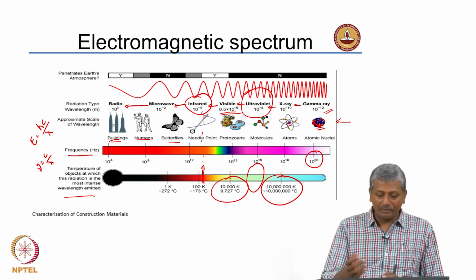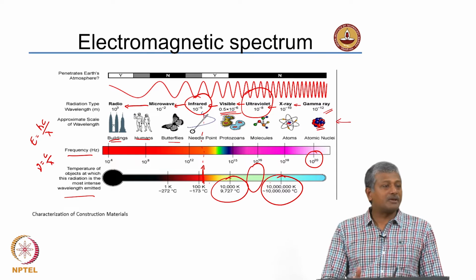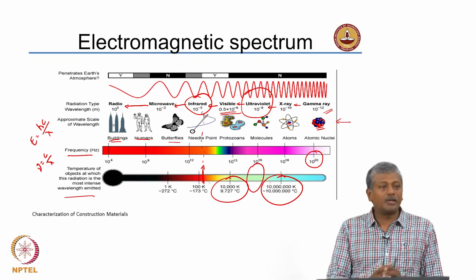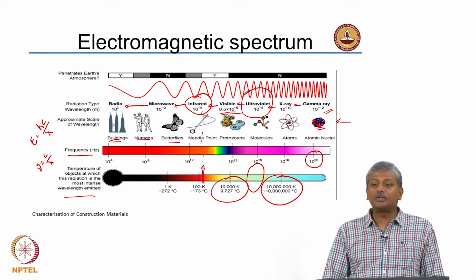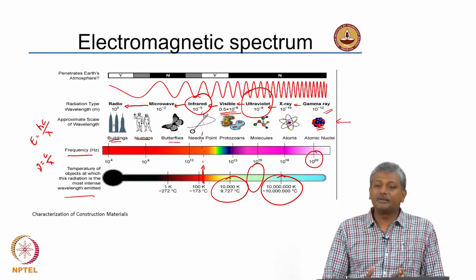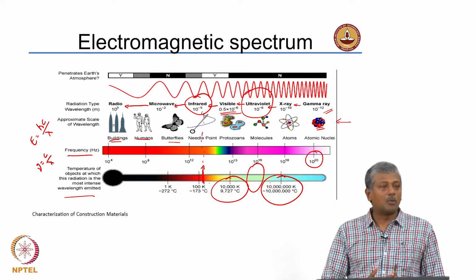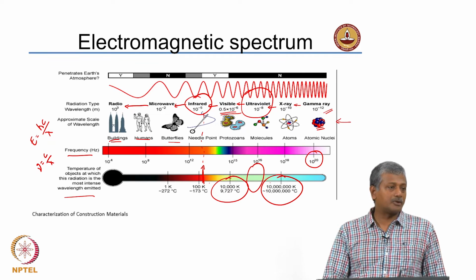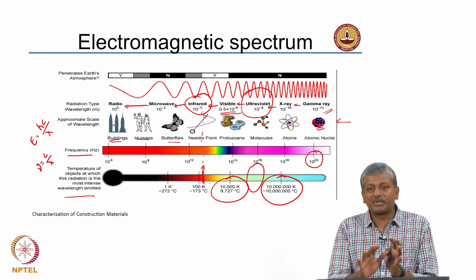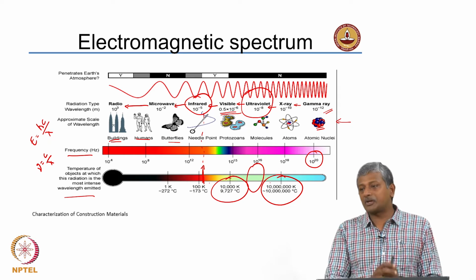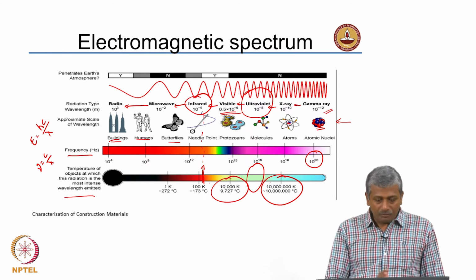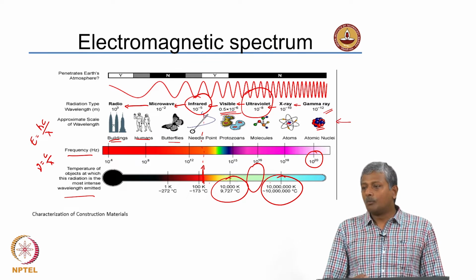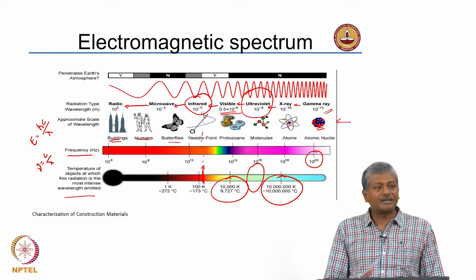That is obvious, because when you are going to be generating X-rays, you are talking about temperatures that are extremely high. So, you need to ensure that you are cooling down your target metal. Of course, we do not heat to 10 million Kelvin and all that, but the temperatures are significantly high when you bombard a very high speed electron beam onto the target metal to generate the X-rays. This was just to put things in perspective as to where we are with respect to different types of light. Now, from this you can basically get a small understanding about what we should use to detect different signatures in materials.